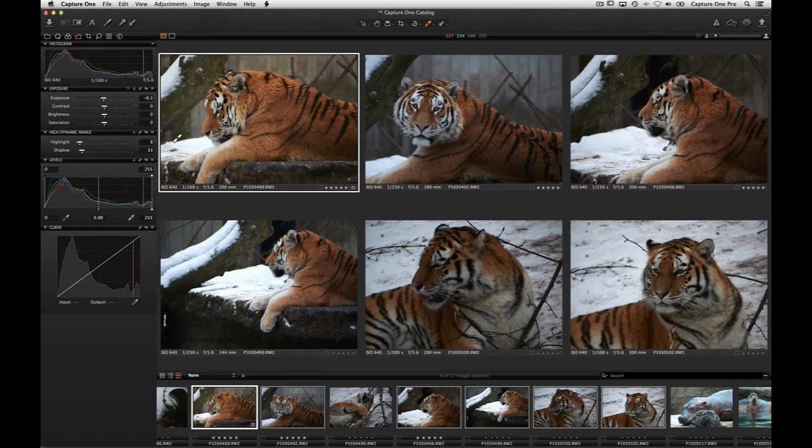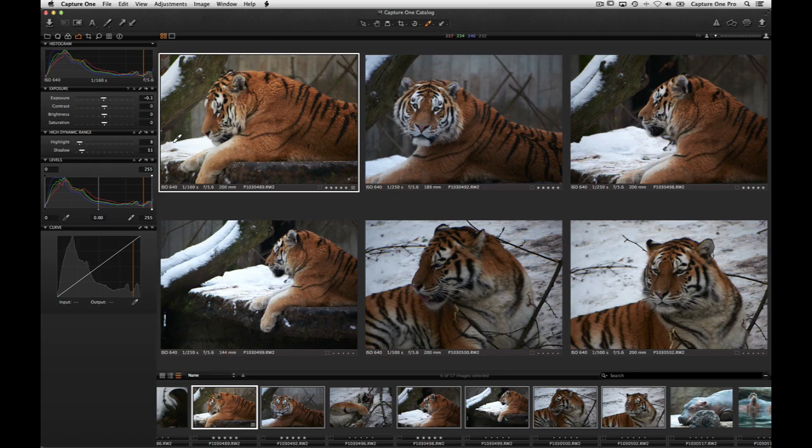Images in Capture One are often referred to as variants. This is because any image can have a virtual copy made known as a variant. Variants are great for experimenting with different adjustments on your images. Watch the specific tutorial on our YouTube channel to learn more about this feature.